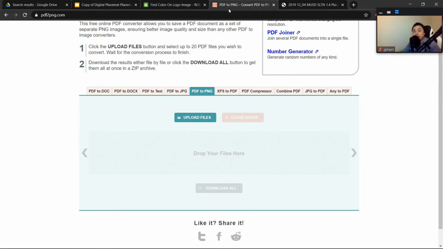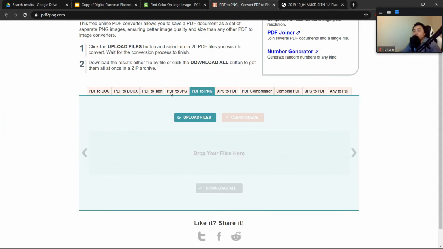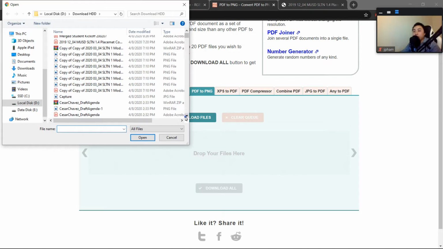Since the agenda I created was a PDF, in order for me to plug it into this template, I would need to convert it into a PNG file. And to do so, all you need to do is go to this link that I showed you earlier, hit upload files, and then locate your agenda. This is the agenda PDF that I have here. All you need to do is hit open,